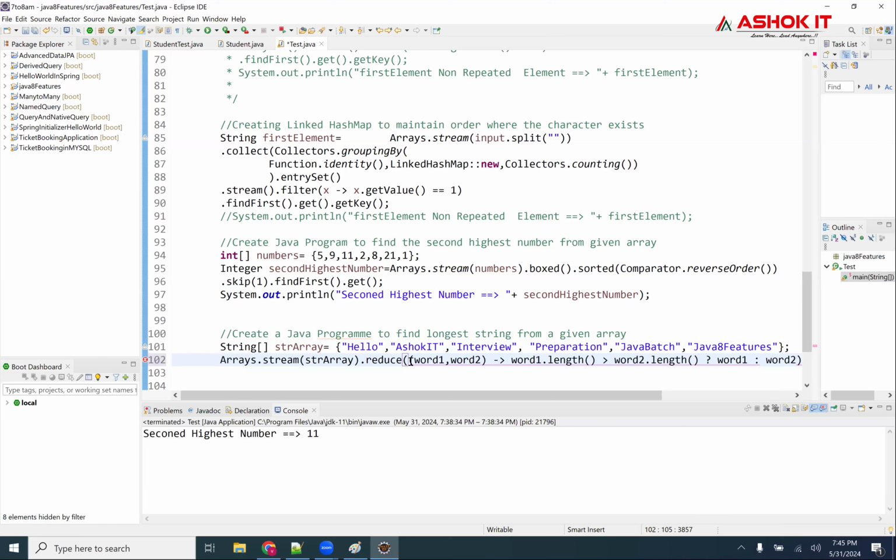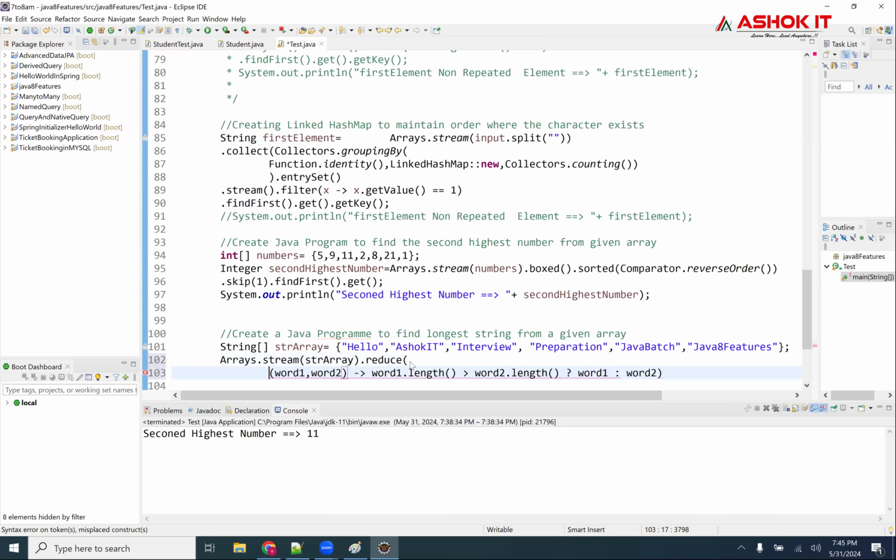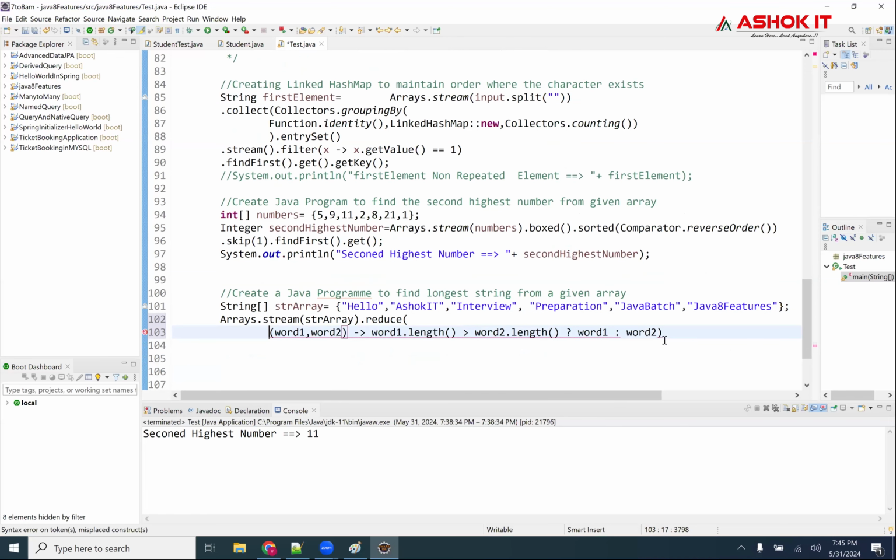So my logic is word1 comma word2. In the reduce function, first argument, second argument: if this is greater than this, keep this, or else keep that. I'm just applying that logic.